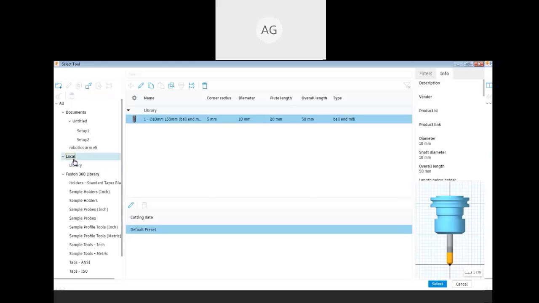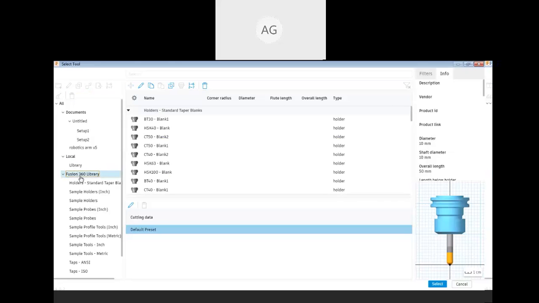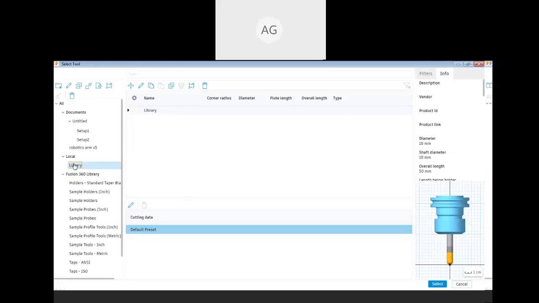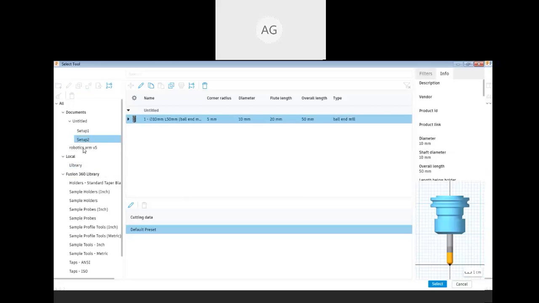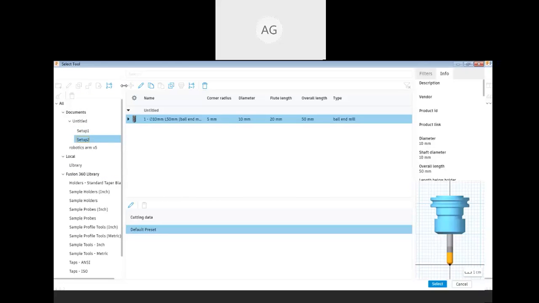Okay, take it here in local library. So these are tool holders, but I just have to select a tool. So let me select over here. This one tool. This one is the earlier setup. Okay. So this one I'm going to select.